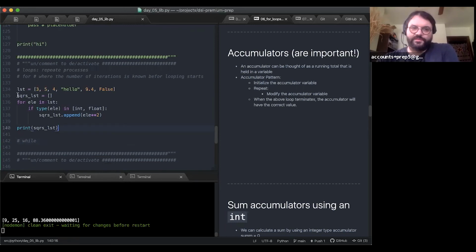So this is a list accumulator pattern. You can see the pattern is very much the same as the integer, except we start with a list and we do a dot append. So the moment of accumulation is a little different in this case. And that's generally where the differences in accumulation patterns are going to be: at the creation of the accumulator and on the line that you do the accumulation.